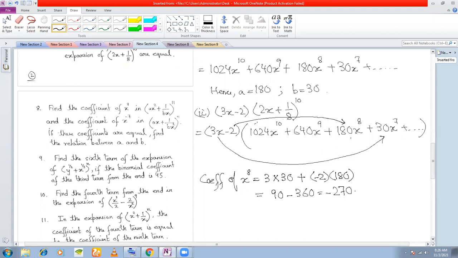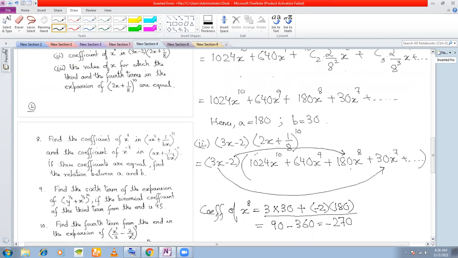So that is the coefficient, because all the other terms, if you multiply, you are going to get powers that are either lesser than 8 or greater than 8. Only these two terms, when you multiply, give x to the power of 8, and this will be the coefficient. Okay, clear with this or any question? Yes, sir. No, sir, clear.